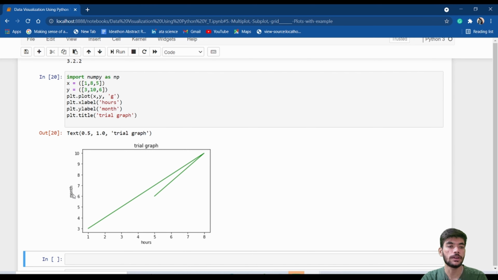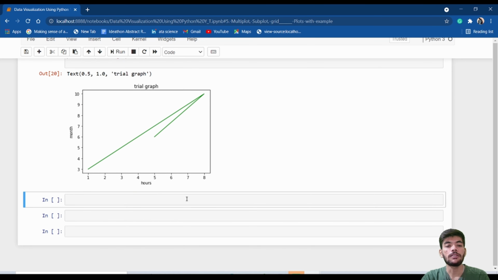In xlabel we have given the hours, in ylabel we have given the month. In this way we can make it more interactive. Now if someone watches this graph, then he can surely understand, okay, this is the trial graph. Here the months are given on the y-axis, and in the xlabel the hours are given.